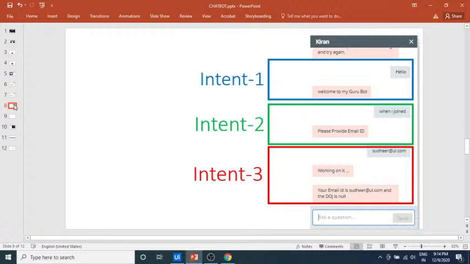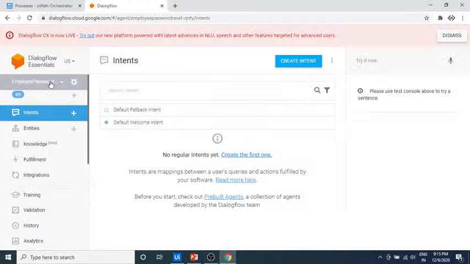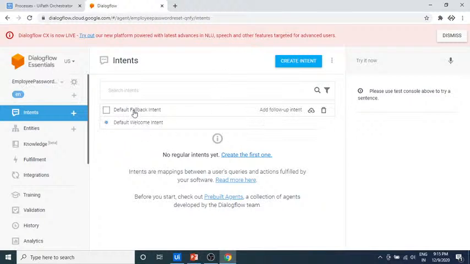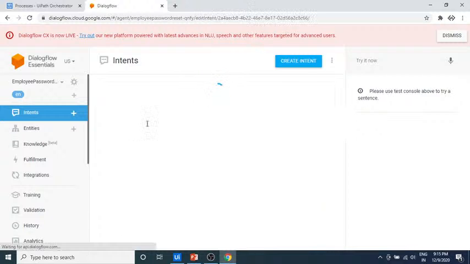This is the training phase. Let us see how we can create intents. After creating the agent, the next step is the intent. By default, two intents are available, one of them the default welcome intent. So in the default welcome intent,